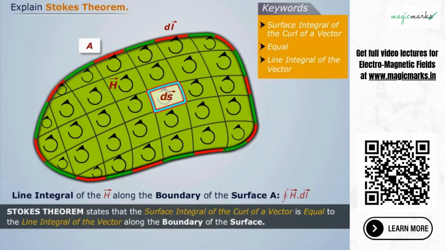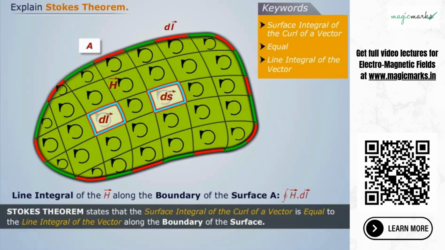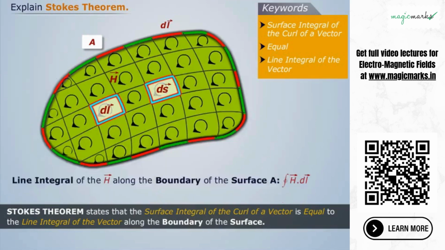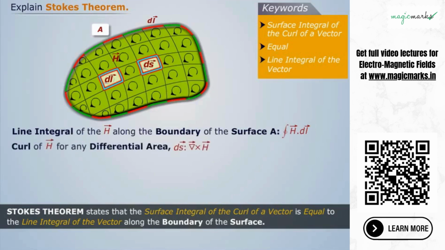ds having sides of differential length equal to dl, and with vector h directed in anti-clockwise direction for each differential area. Curl of vector h for any differential area will be expressed as, and curl of vector h for the whole surface A can be obtained by taking the surface integral of the curl of the vector h as,